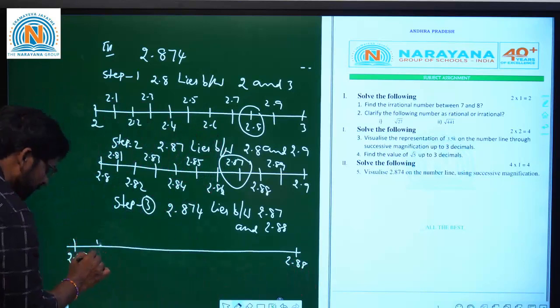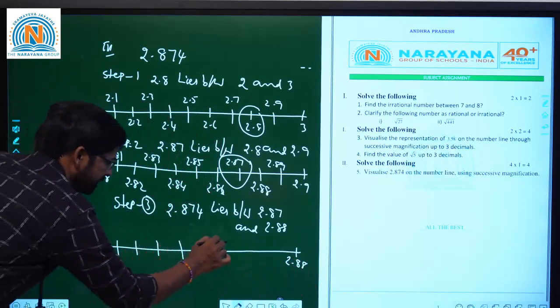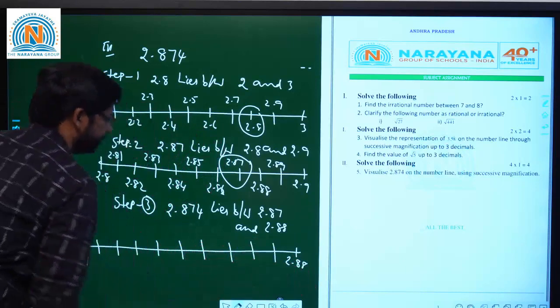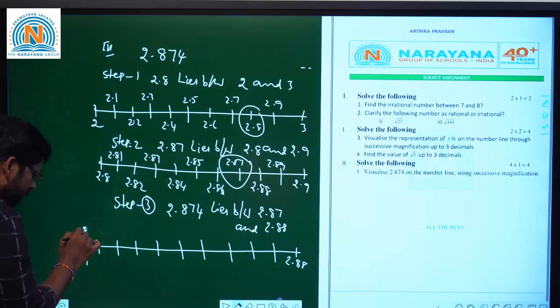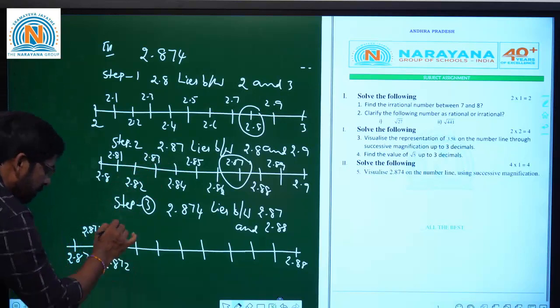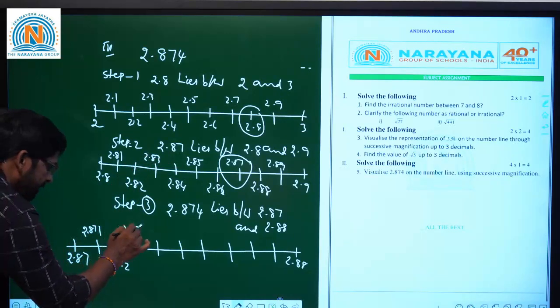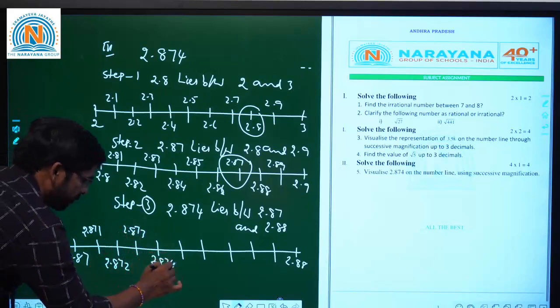So 10 equal parts: 1, 2, 3, 4, 5, 6, 7, 8, 9 and 10. So 2.87, 2.871, 2.872, 2.873, 2.874,